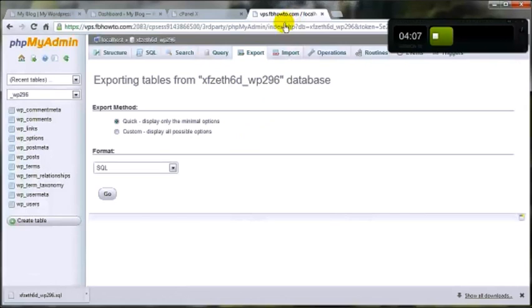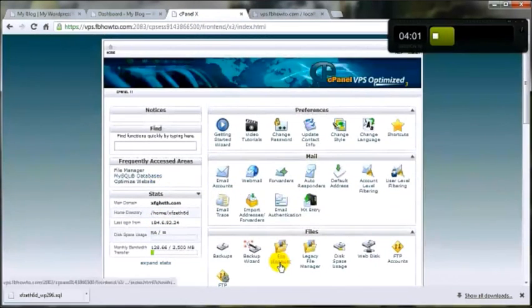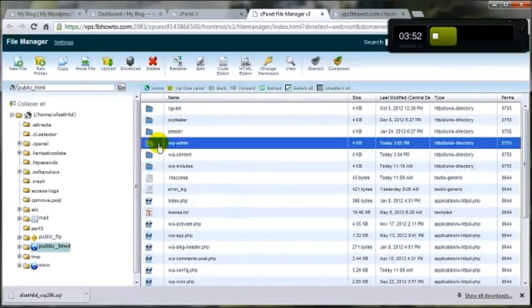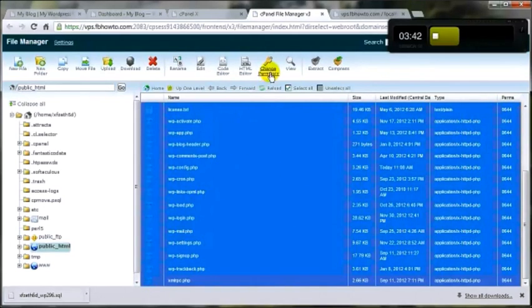Okay, so now that we got that backed up, I'm going to leave this open. Come on back to our cPanel. Come on up to the File Manager. And these here are just other folders or other directories, have nothing to do with this WordPress install. This one does, and I'm going to go all the way down to the bottom here, holding the Shift key on my keyboard down, and then select the bottom file, and that selects everything. Or you could just click on this guy here to select everything,